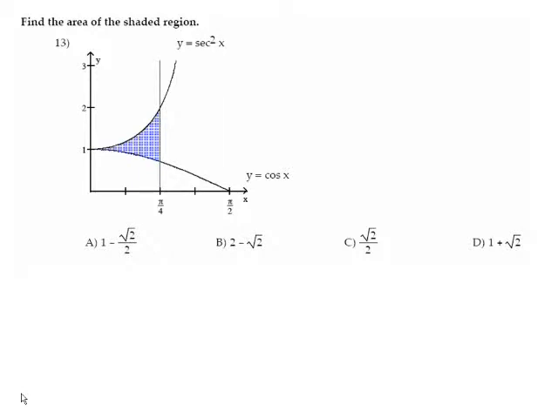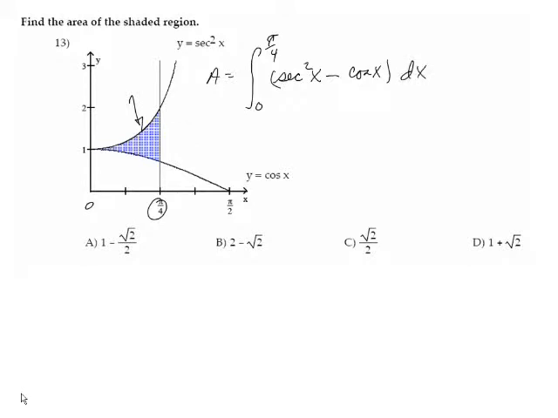Problem 13, we want to find the area of the shaded region, which really means we want to calculate the integral from 0 to pi over 4 of the top curve, which is secant squared of x, minus the bottom curve, which is cosine of x